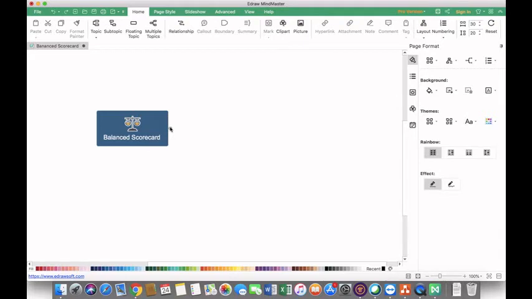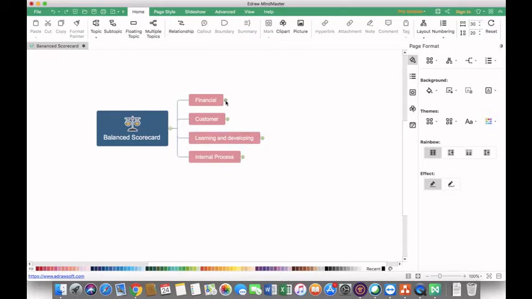Suppose you are taking a lecture in your class and you are explaining something about the balance scorecard. You can brief your students on what the balance scorecard is and why we require it in any type of organization. It doesn't matter whether it's a profit making organization, an NGO, a college or an educational setup, we can still use the balance scorecard. The balance scorecard has four dimensions. The first dimension is financial, the second is customer, the third is learning and development, and the fourth is internal process.